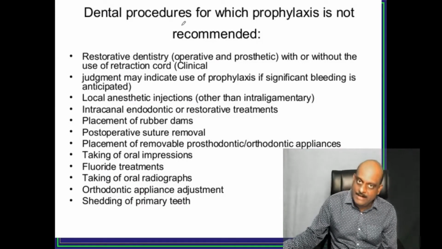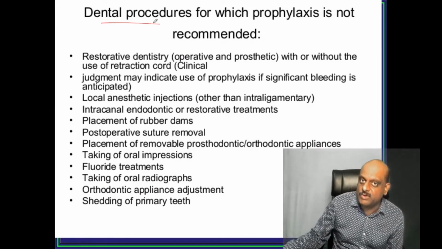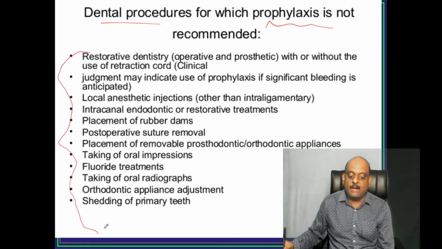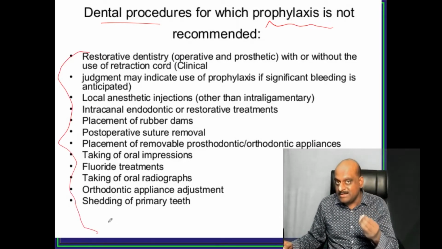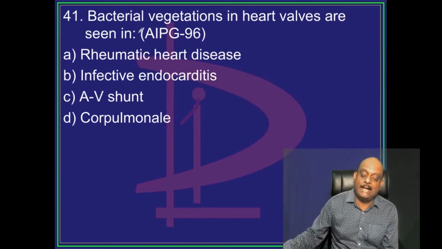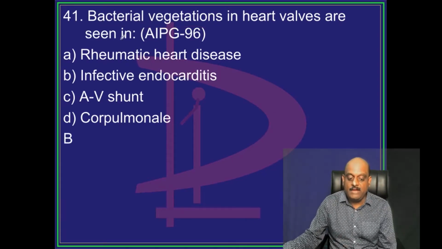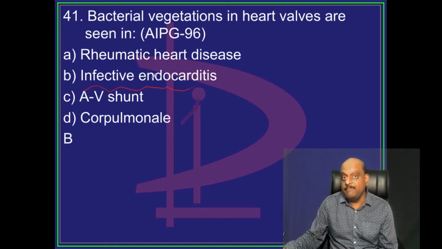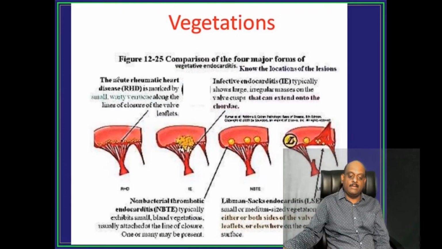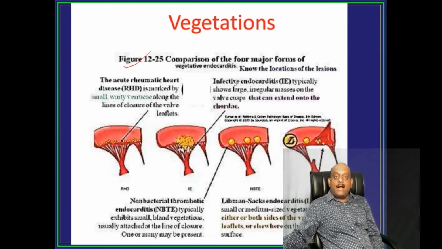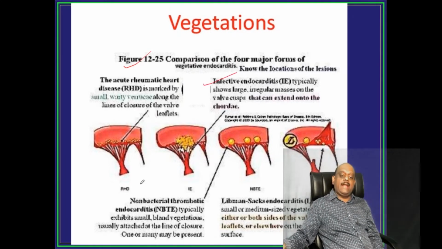Now once more, within the dental procedures also, all dental procedures do not require the prophylaxis. So this is the list of the dental procedures where prophylaxis for infective endocarditis is not required is what you need to remember. Bacterial vegetations, where do you see that? Typically we see in the heart valves, in the infective endocarditis. Now doctor, even rheumatic heart disease also we see. So rheumatic heart disease vegetations, infective endocarditis vegetations,